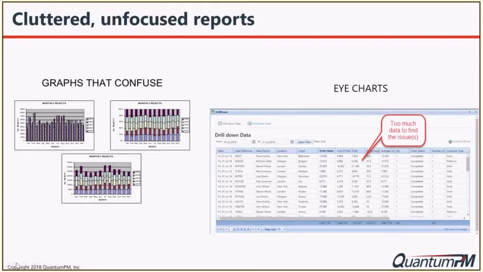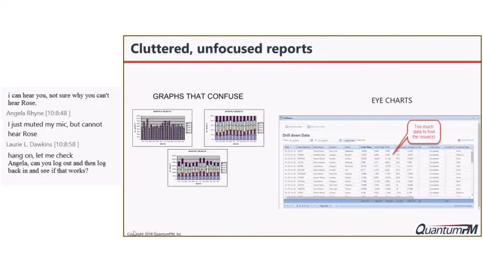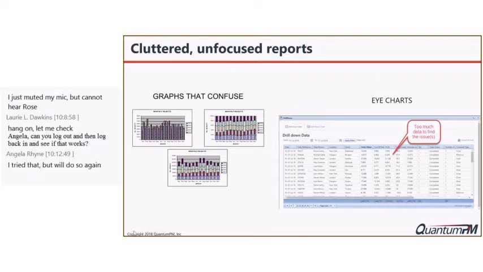It's got too much information piled up. All of the years are in the same place. It's not telling me anything where I can intuitively look at it and say, oh, we went up this month, we went down this month. There's nothing in there that tells me that at a glance. And that's the kind of thing that you're trying to get to. The other side, the eye chart version of the world, is where there's so much data, you just can't even drill in to figure out which piece of that do you care about. What's important in that big spreadsheet. So those are the kinds of things that we end up with a lot of the times in the reporting that we end up doing.